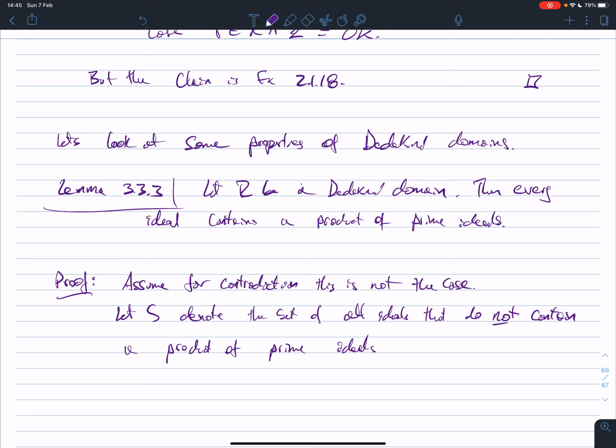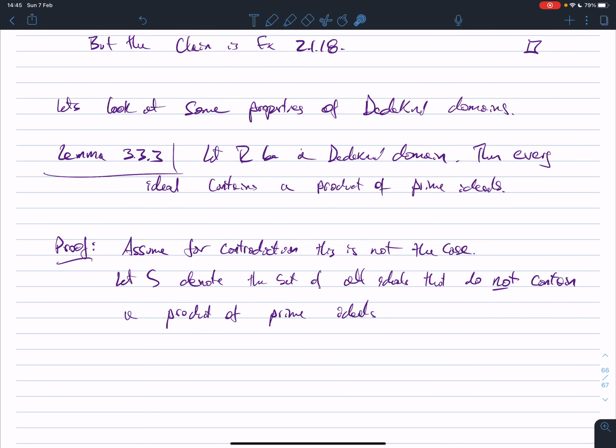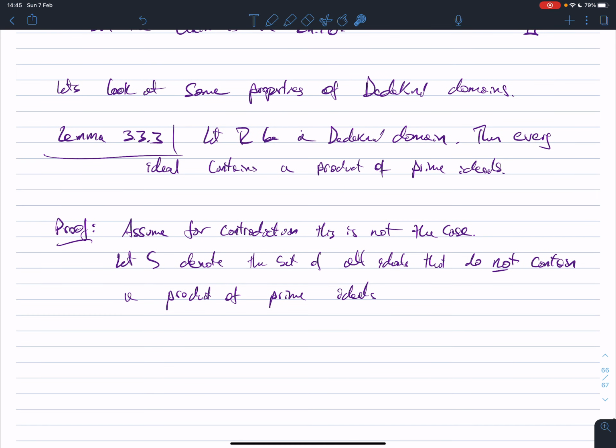So we're assuming that this isn't holding. So there exists at least one ideal which doesn't contain a product of prime ideals. So let's say we have a set S of all of them, and let's consider this. So this is a non-empty set. Now, this is where it's like magical how Noetherianness works. So since R is Noetherian,